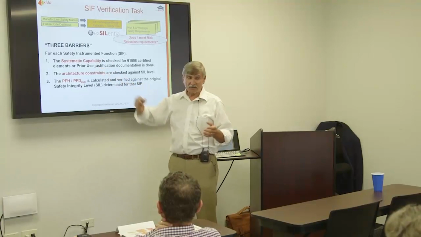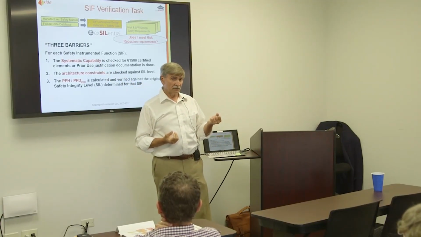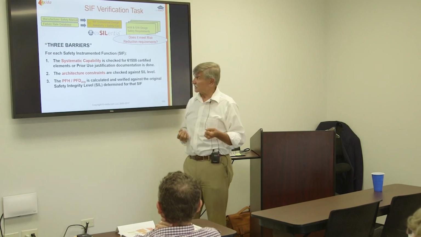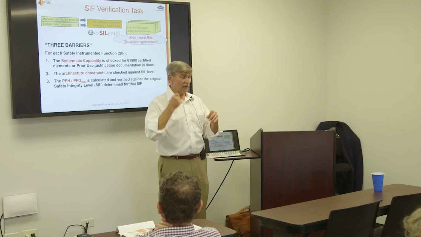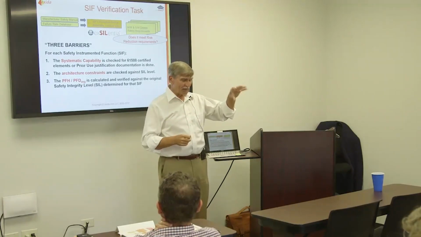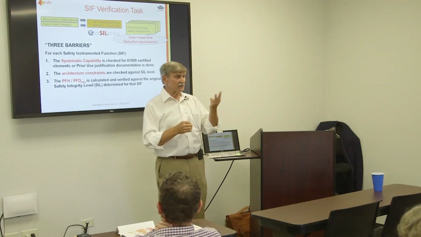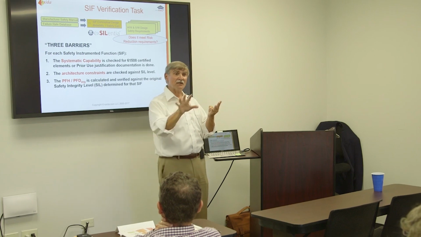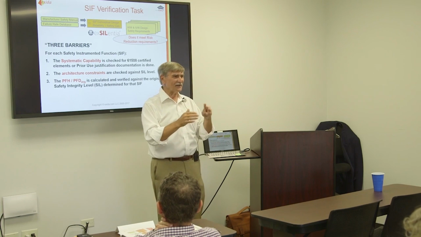But systematic capability is a measure of design quality. And I'll show you exactly how it comes about. There is a section called architecture constraints. There are limits. In the new version, 2016 61511, and in what's called Route 2H of 61508, you must have redundancy for SIL 3. No choice, sorry, you don't get to choose for now, except there is one exception again, but